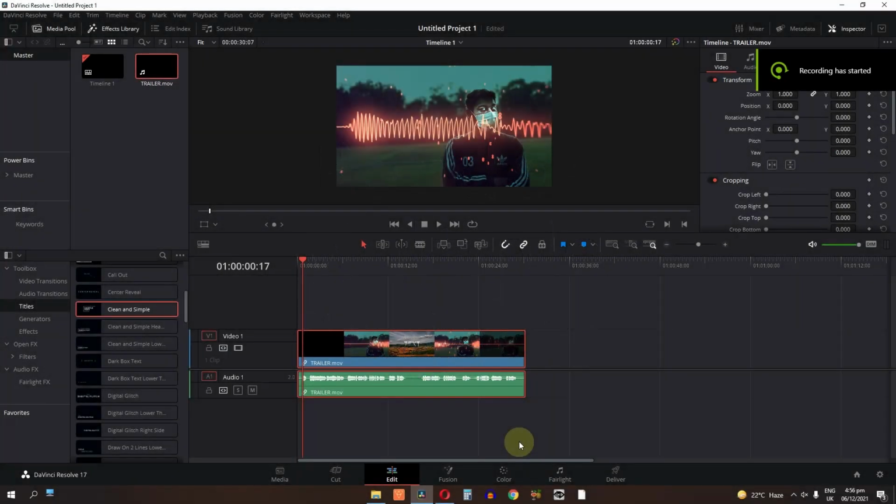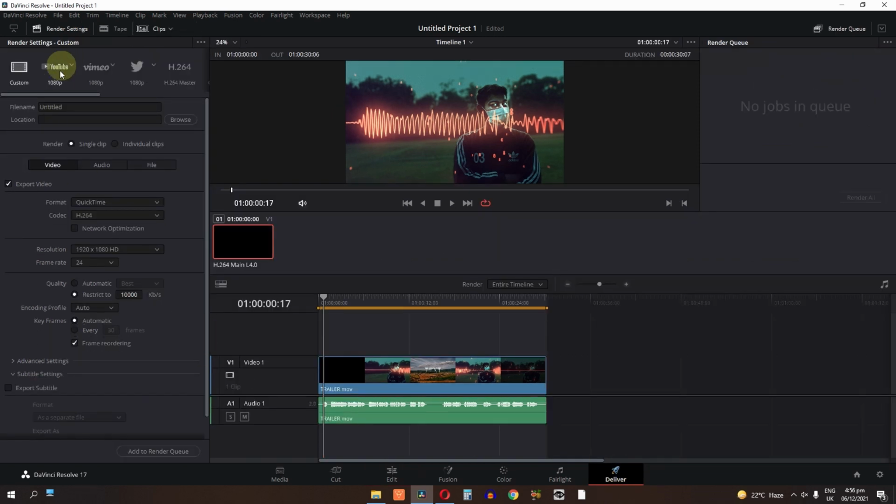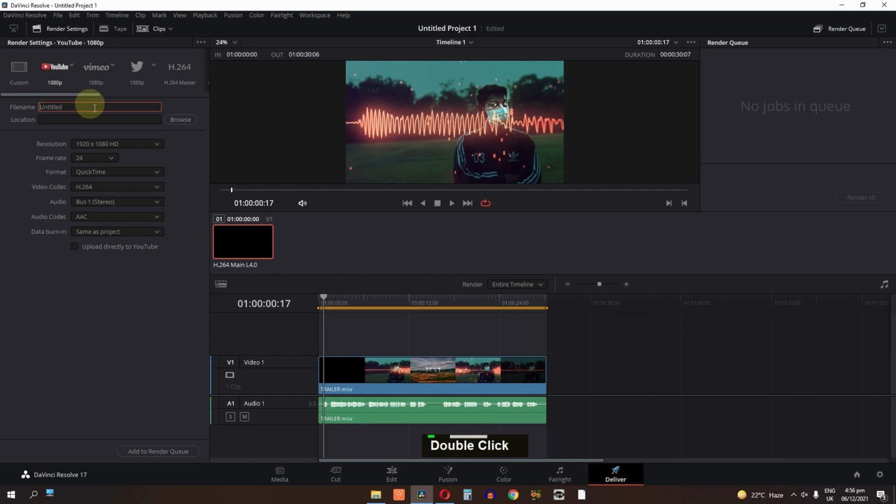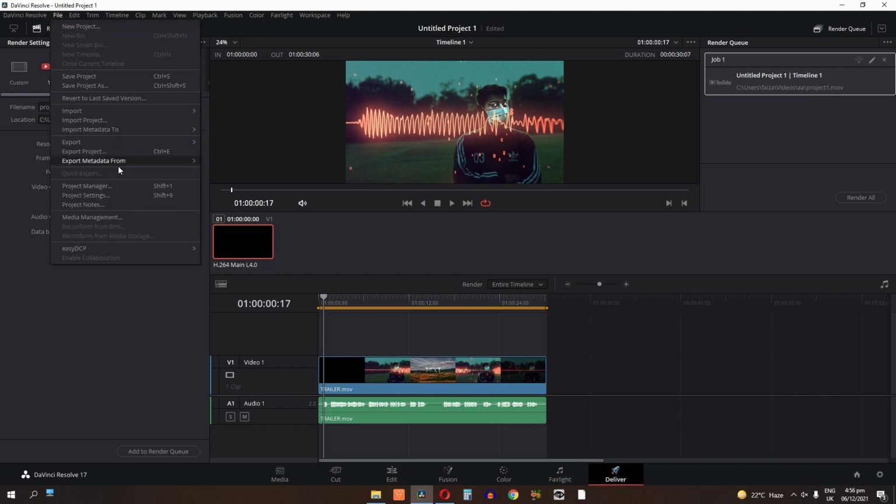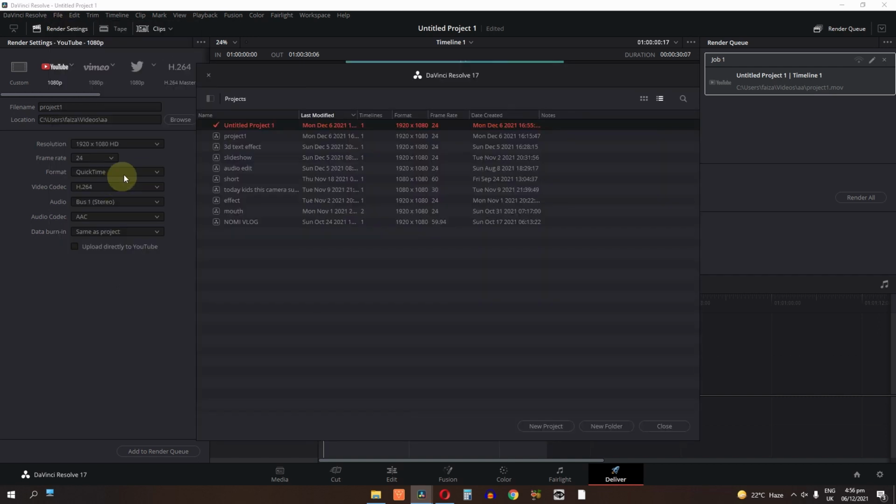Now how to render multiple projects? First of all, go to the deliver page, select a resolution, change your file name and file location, and now click on this add to render queue button. Now click on this file, go to the project manager and select a second project.